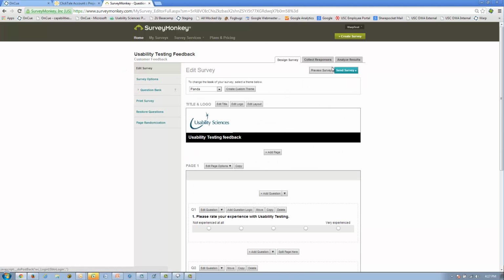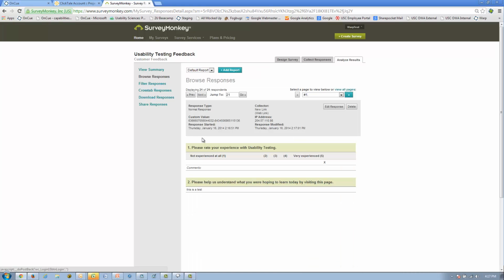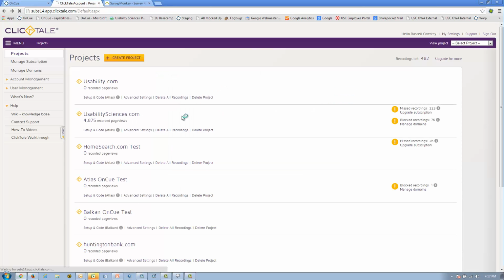So I can come back, analyze results. I could do this by actually looking for the individual session at what answer that they gave, but there's a custom value that gets added in, and so there's a session ID and a research ID. So I'm going to copy that, come into Clicktale,